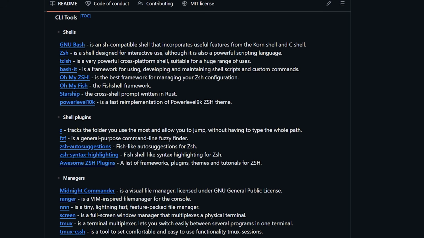Real quick pro tip before I go, don't just star these repos and forget them. That's gonna be the digital equivalent of buying a book and never reading it. Pick one from this list, maybe Build Your Own X, and start making something this weekend.